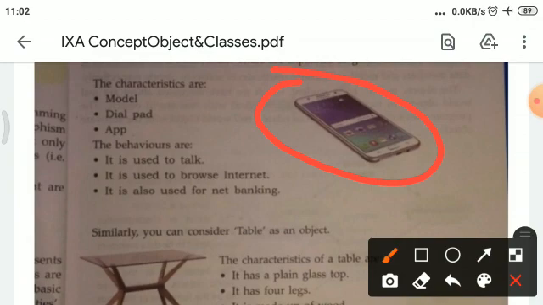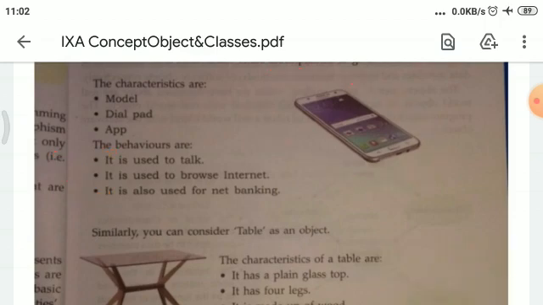The other characteristics of the mobile phone are shape, size, and color. And the behavior of the mobile phone: it is used to talk, to browse the internet, and also for net banking.